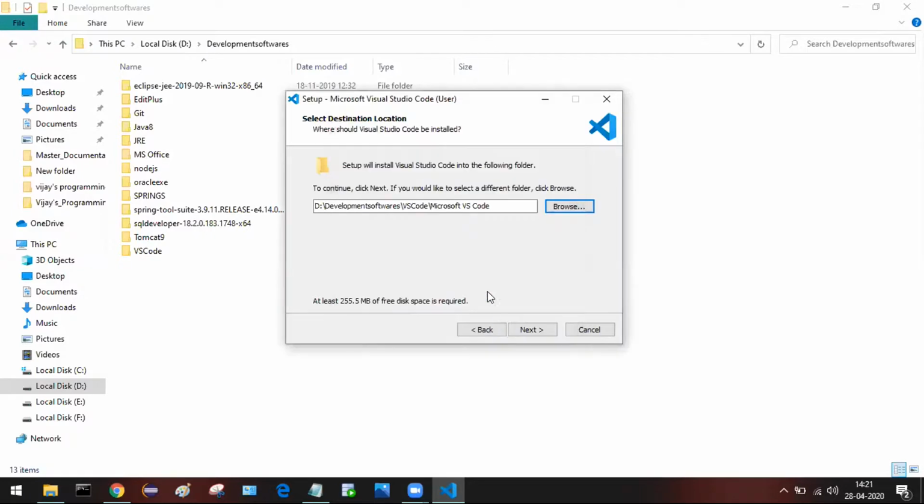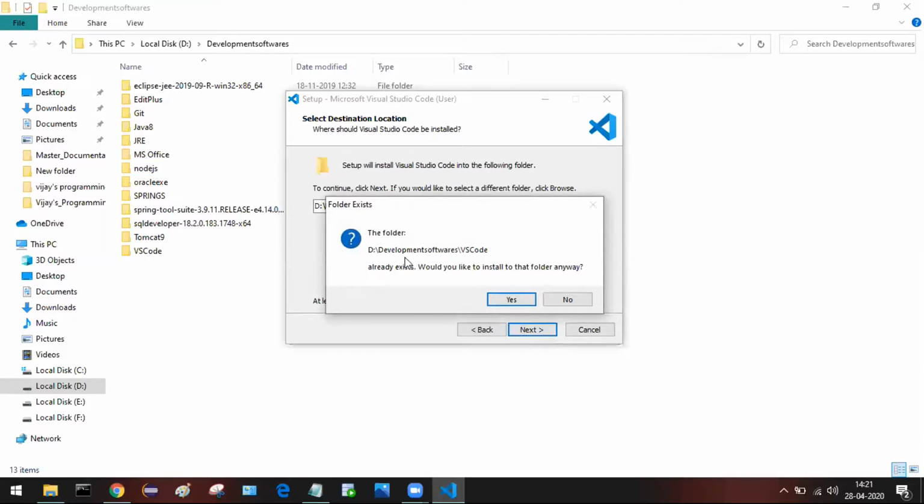Hit OK, and I'm just deleting the auto folder name that is generated by the installation. I'm just giving it like this, VS Code. In this directory I want to install Visual Studio Code. I'm just hitting next.